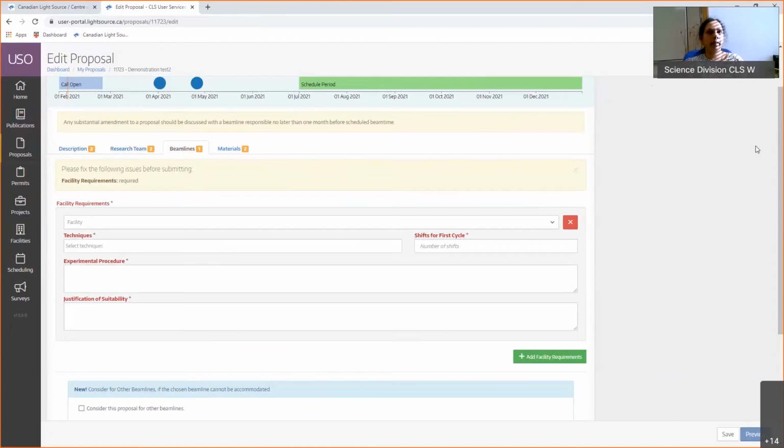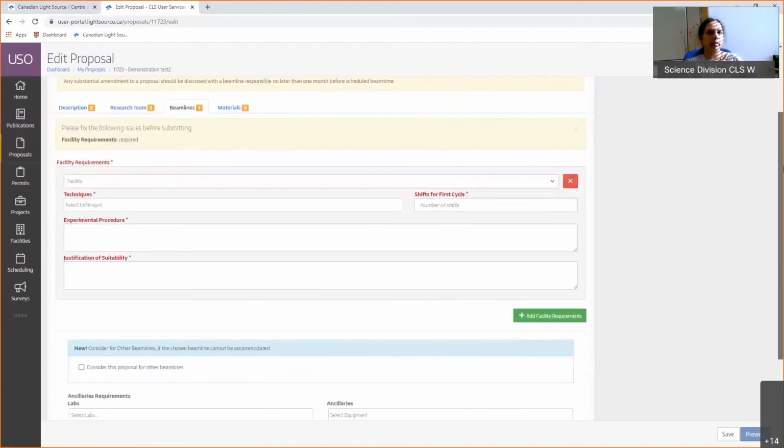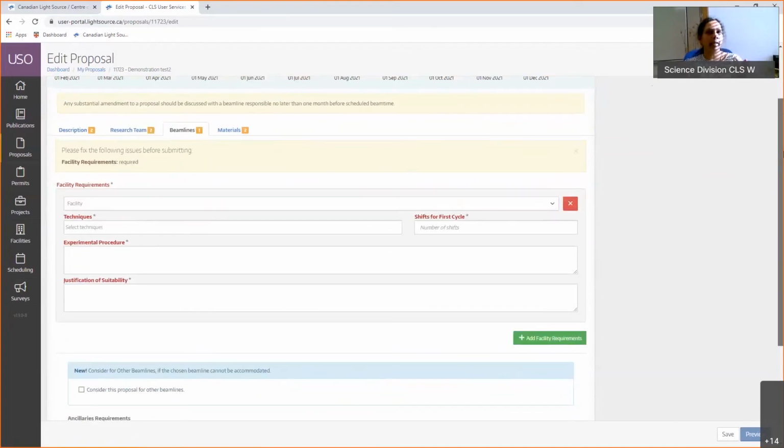This is where it's really important. You know which beamline and technique you are going to use well in advance before you submit the proposal. So if you are a repeated user or you have people in your group who have used the beamline and you know the technique, it's easy. But if you are a new user, you can contact one of us and we can connect you with the beamline you should be using for the question you're asking, okay?